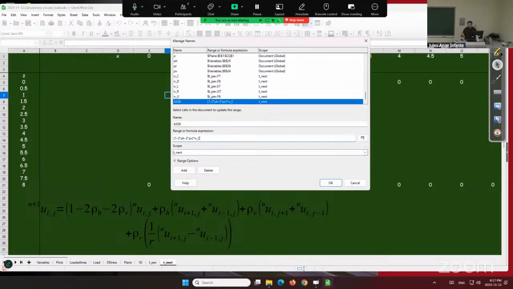Because it's UIJ, so it's the previous neighbor center plus row H times neighbor left plus neighbor right plus row B times neighbor up plus neighbor down. Not finished, but